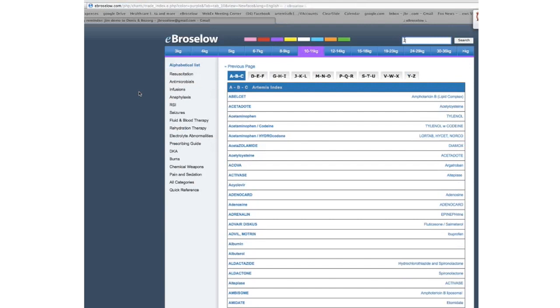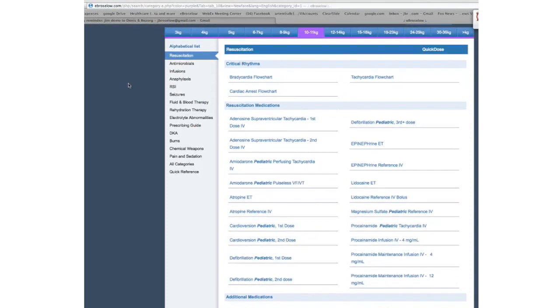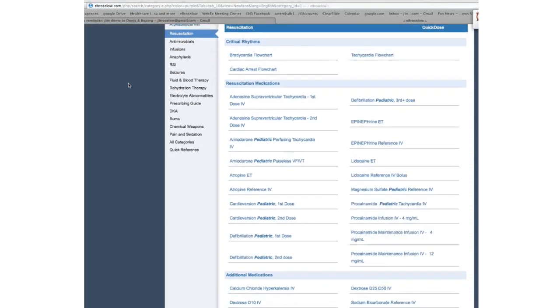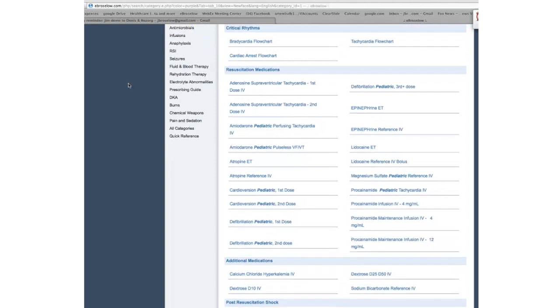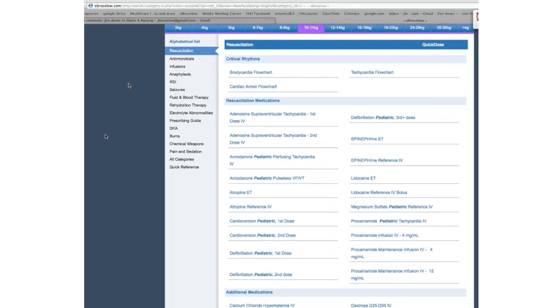So I mentioned that you could look for drugs in multiple ways, but one way is by category. So the first category, and you would figure this out probably, is resuscitation. So I've gone into the resuscitation section to show you the choices, and it's interesting just to see how many meds are involved. And what I want to do is take a simple medicine like adenosine that we've given, and show you how it works in eBroselow. So I'm going to click here where it says adenosine supraventricular tachycardia,